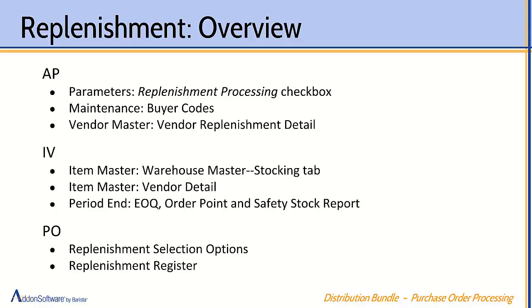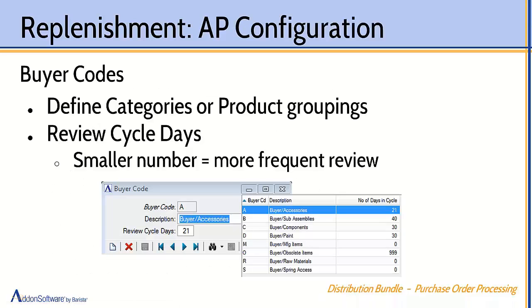On the IV side of it, we need to look at the stocking tab, which is crucial for the replenishment calculations. And then vendor detail itself, there's quantity discounts, and they may play into cost calculations. And purchase orders has the replenishment tasks. As I said, they're launched from the purchase order side of things. Let's take a deeper look here, starting with AP. Now again, the buyer codes, we did talk a bit about them, but just to bring it back fresh in your memory and in this context,